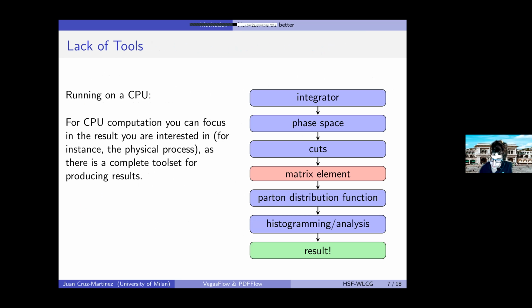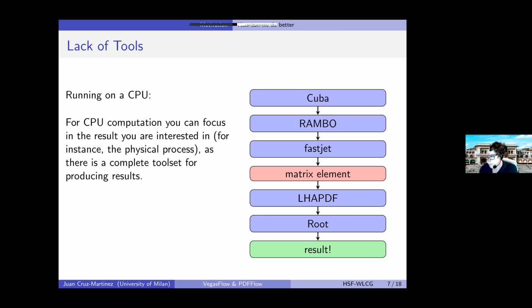So this brings us to the situation that we are right now, in that if I want to write some Monte Carlo for a new process, I should only have to worry about the matrix element, about the loops, about the infrared divergences, but this is the only part I'm interested in from the physical point of view. For all the other stuff, I can use tools that already exist, right? I can use a Cuba library that gives me a number of integrators. I can use Rambo for generating the phase space. It might not be the most efficient one, but it will give me a result,